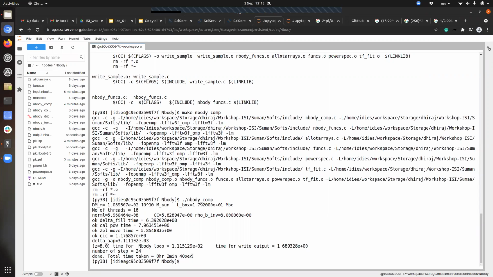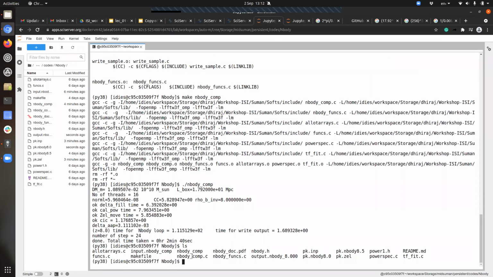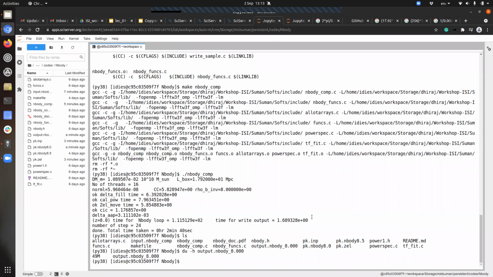Now, once this is done, the output will be written to a binary file, so don't try to open that file with an editor. The output will be written into a file named output.nbody, with the value of the redshift at which the output is produced written at the end of the file name. You can see it is not that heavy because the number of particles we are dealing with is quite small, something like 49 MB. If this file had been written as an ASCII file, it would easily have been 200 MB or more in size. So the advantage of writing the file in binary is that, first of all, it occupies less space on your disk, and it is also